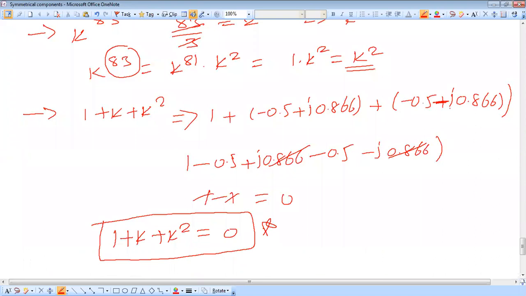Next class, we are going to discuss what are IY1 in terms of IR1, IB1 in terms of IR1, IY2 in terms of IR2, and IB2 in terms of IR2. And again, what is the unbalanced quantity IR, IY, IB in terms of the 3 sequence components, that is IR0, IR1, IR2. We are going to determine one matrix that will be discussed in the next class.